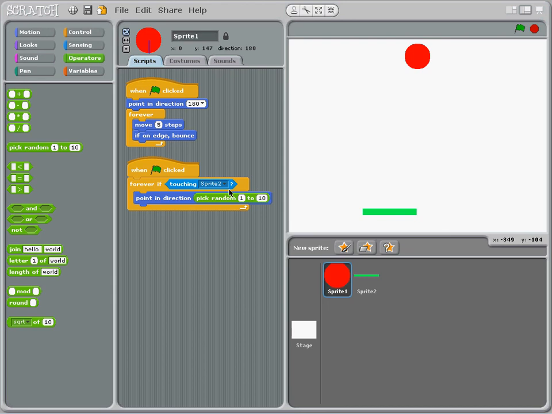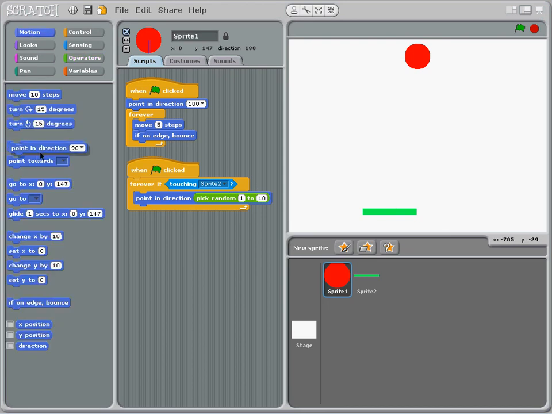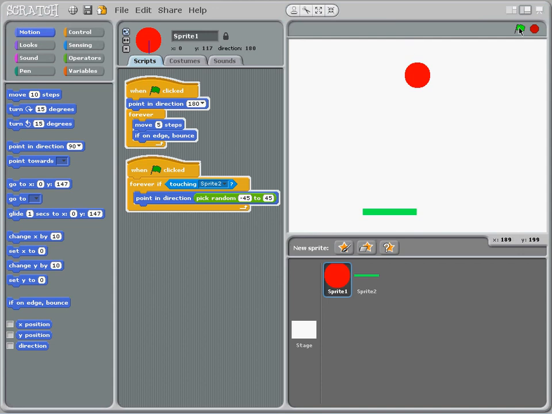Now if you look at this again, "point in direction", left is -90 and right is 90. So we want it to be between -45, so towards the top left corner, and 45 towards the top right corner. So that works. But to make this slightly more advanced, to make it so you can lose,